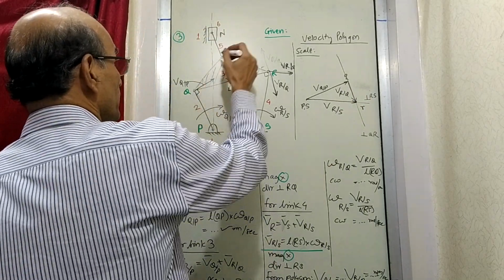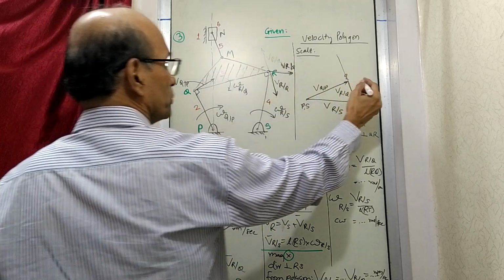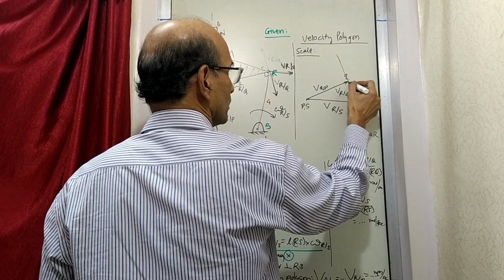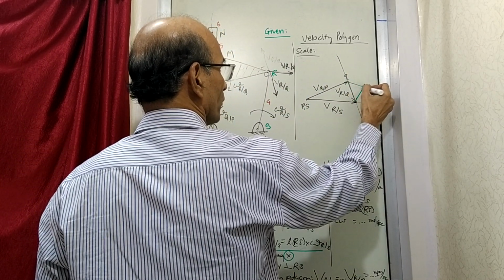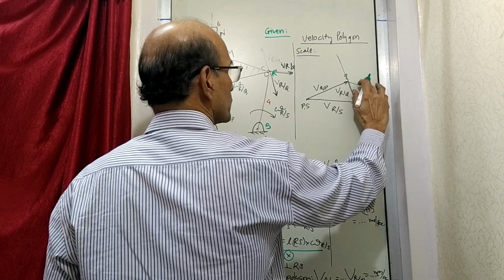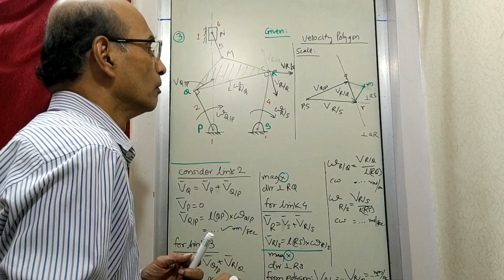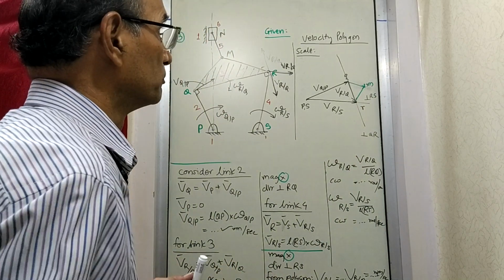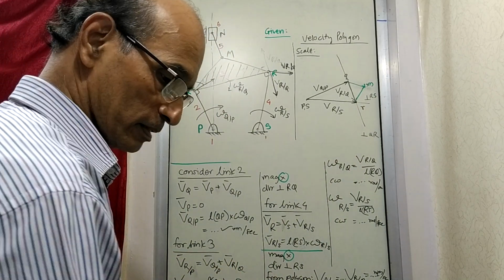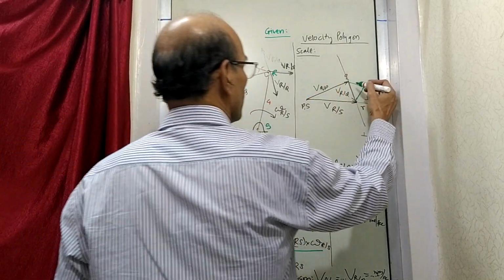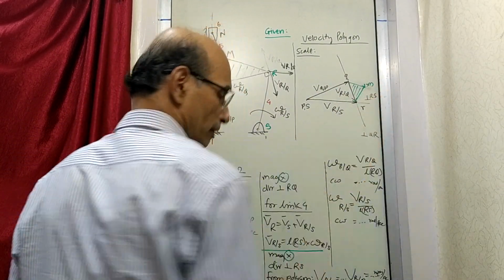So when you expand this link and draw it here, by proportion you get the point like this by crossing. This is the way you will get point M. Small m it is. You got point M there. And this is the polygon. This is the expanded link represented in the polygon.